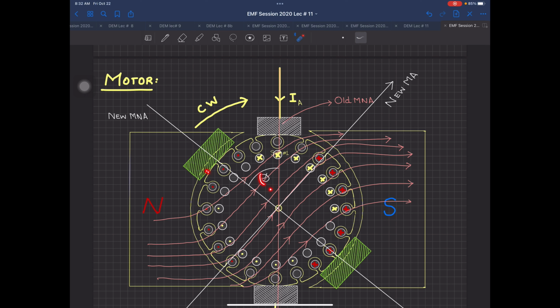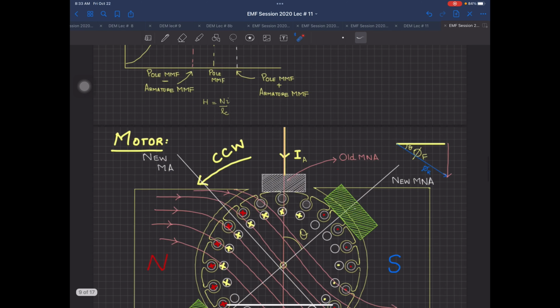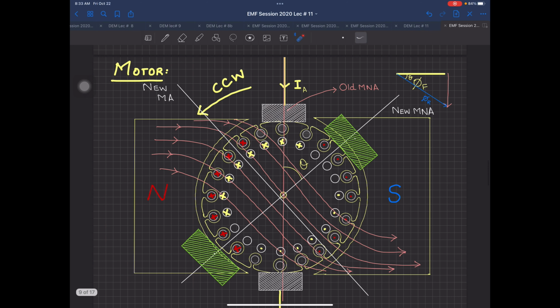Why? Because this angle theta, which is the shift angle over here, is going to be variable because of the load current IA being variable. And now this is the case of a motor. Now you see very carefully, in a motor, you have a clockwise rotation of the machine. Now, if this machine was moving anti-clockwise, CCW, let me show you another diagram over here. This will be the shift. What is happening now? The shift is opposite.